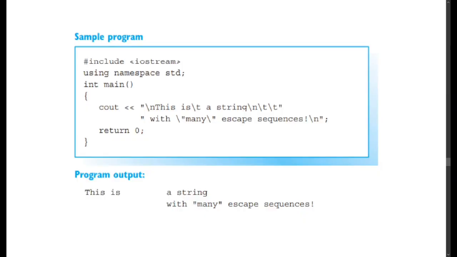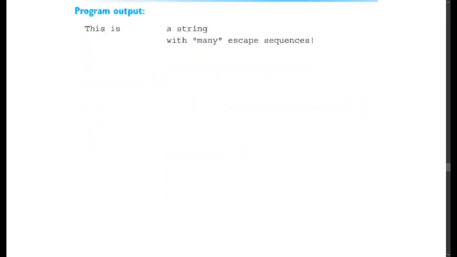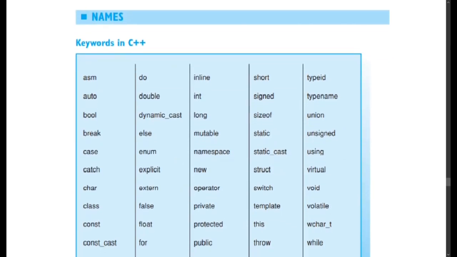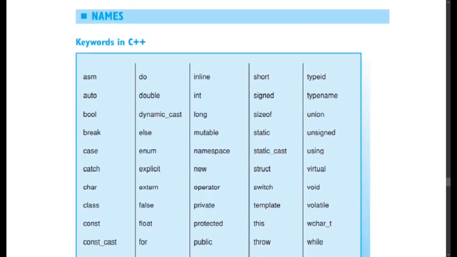That's it now for constants. Let's have a look now at what we call keywords. Now, keywords in C++ is essentially a set of names, for example, names that you would use to name a constant that you define, or a name that you would use to define a function name. And these are words which are reserved in C++.